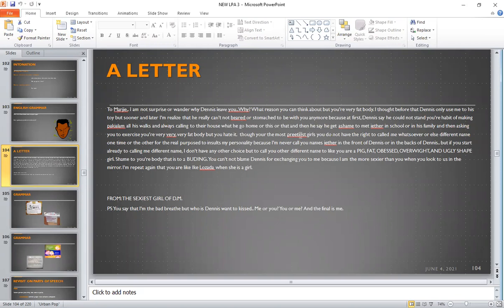See? I kind of understand what she's trying to say because I'm a Filipino. But if this is being read by a Native American, I don't know how they'll be able to understand this. That's why it's also important that we learn written English, or grammar, right? Because sometimes, simple things we omit or we forget, and that's why we have to be careful too. That's why I also placed grammar here in our lesson,